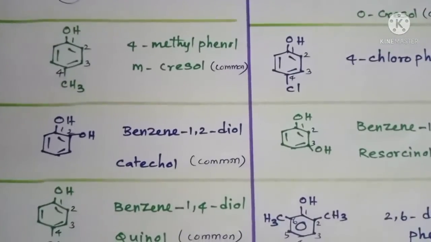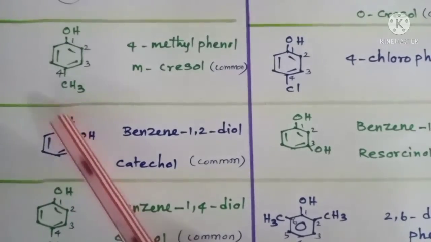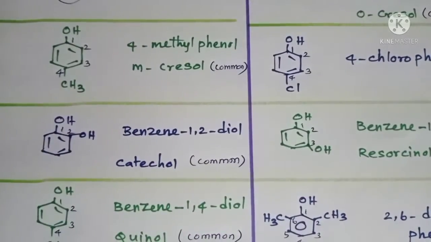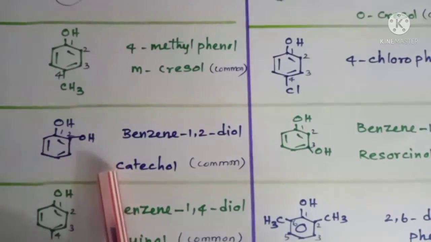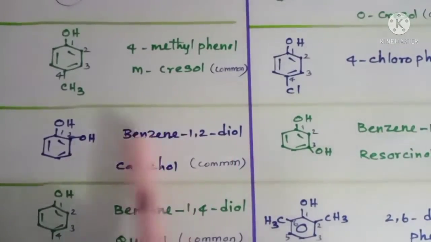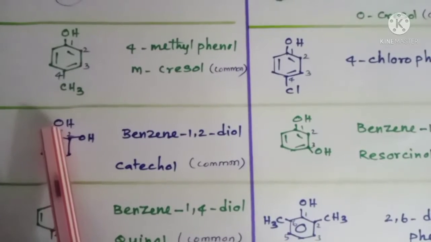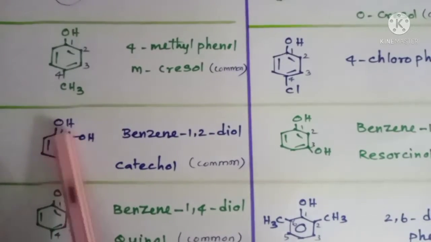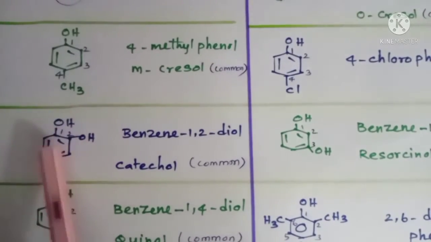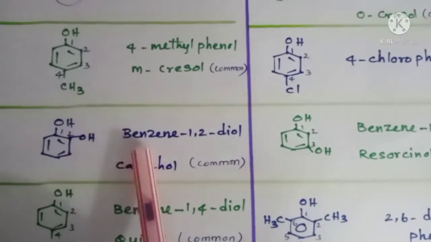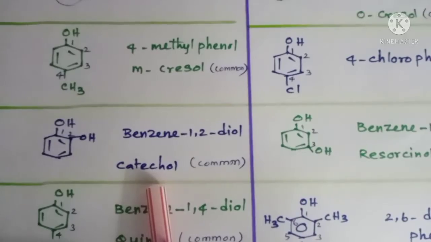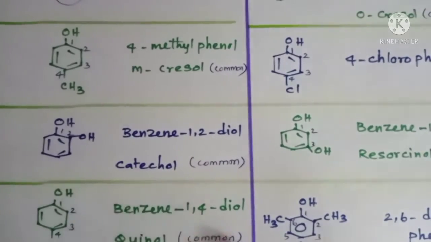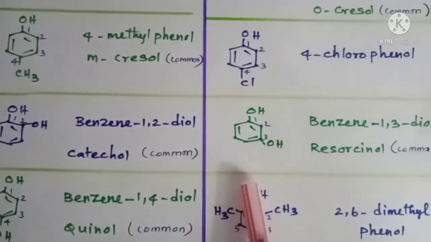Right. So now look at the next compound, a benzene with 2 OH groups, isn't it? Right. So now this can be called benzene-1,2-diol. When you give numbers, you can give number 1 and 2, so that the benzene ring carries OH groups at the first carbon and second carbon, so it is called benzene diol, isn't it? And its common name is catechol. Common name catechol. Okay.